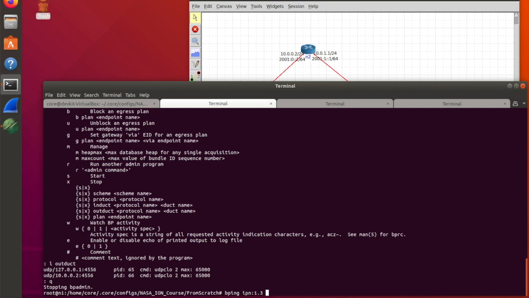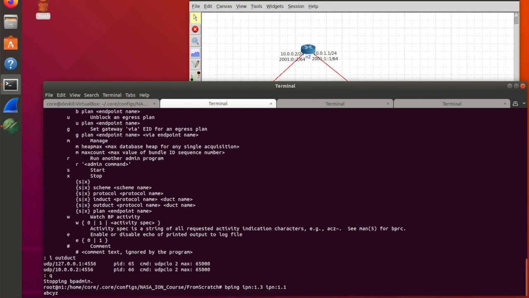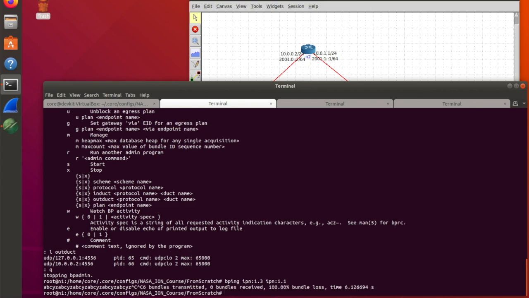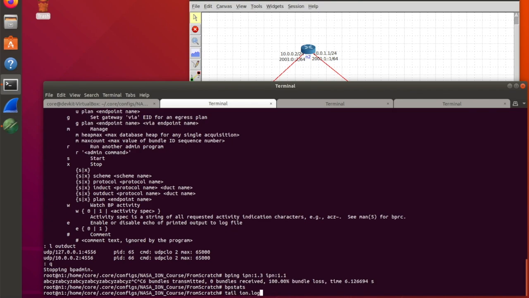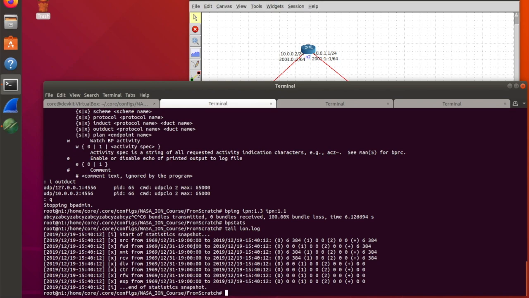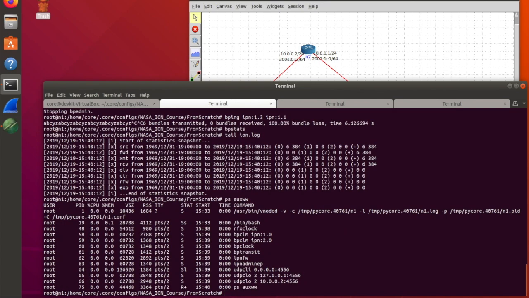bping ipn:1.3 to ipn:1.1. Okay, something's not right. bpstats, tail ion.log. So what's happening? We're getting ABCs, so that's bundles getting queued outbound. Oh, I know what's wrong. So things are going out. We're getting Y's and Z's, so bundles are getting received, but we're not getting any answers. And the deal there is, again, ps aux ww, if you look around, we're not running a bpecho process. So we can